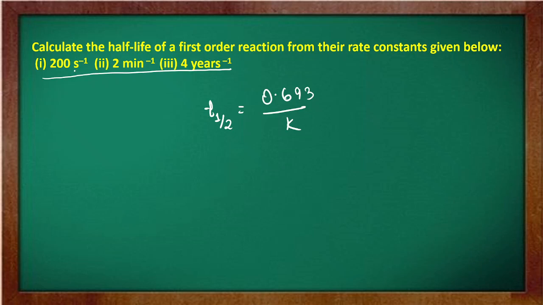And why is only the unit of K given? Because they are all first order reactions. In case of first order, your constant is related only with time. So now in all the cases you just have to calculate the value of T half by putting T half is equal to 0.693 by 200. This is for number 1. Calculating